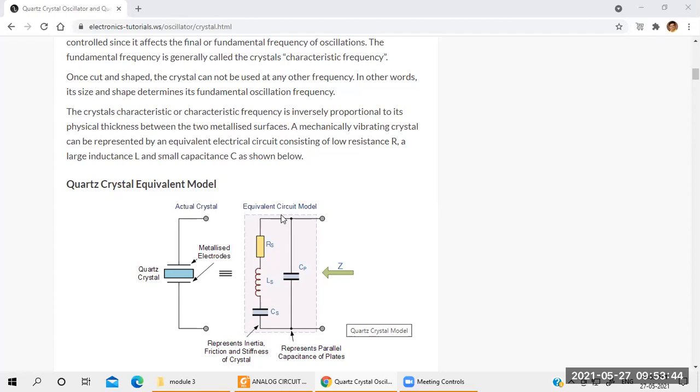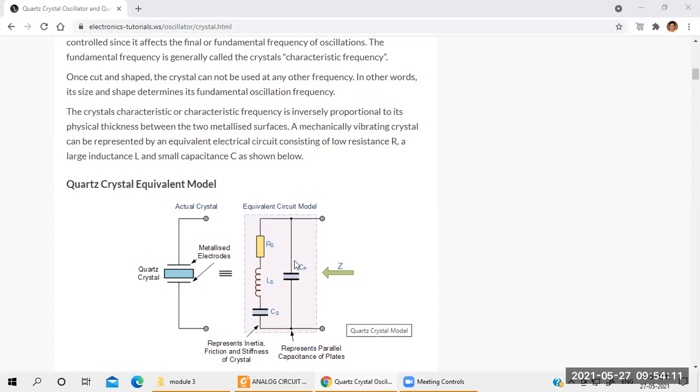Resonant frequency can be measured by the Q factor, the quality factor. The quality factor is very high compared to the Hartley, Colpitts, and phase shift oscillators. Understood? Here they have taken one more capacitance. What is the purpose of this capacitance? We want to store the mechanical vibration across this parallel plate capacitance.